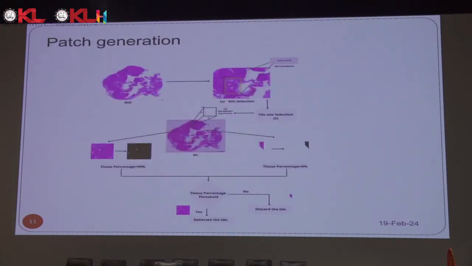So this is an example of patch generation. We get a whole slide image which is scanned, and this is a bigger one. When we generate tiles, we have to ensure that these artifacts are not covered. It's not that we just take a whole slide image and generate the patches. We use image geometry to generate the patches. We start at offset 0, 0, and then keep on shifting by 256,